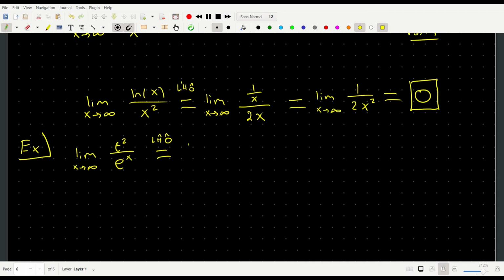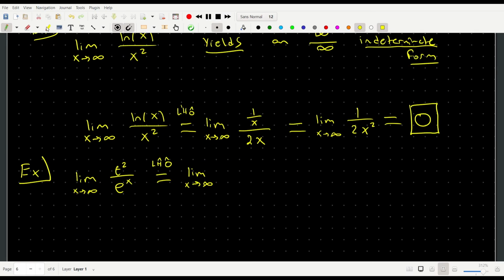this is going to end up being the same thing as the limit as x goes to infinity. Oops, I just realized I need to put an x here. I should have put an x there. This is going to be the limit as x goes to infinity of 2x over e to the x, because the derivative of x squared is 2x, and the derivative of e to the